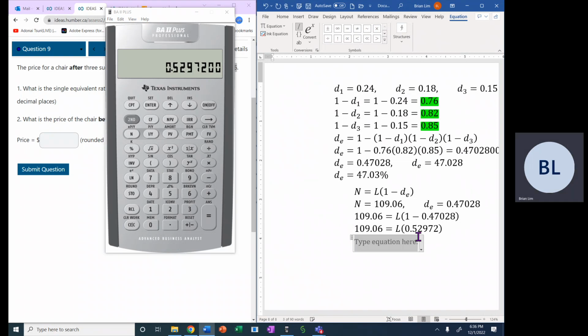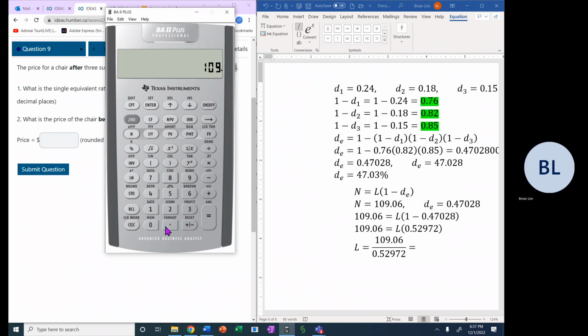Now we can calculate L, the list price or the price before the discount: 109.06 divided by 0.52972. If we wish, we can just find the reciprocal and multiply by 109.06, and we'll get the answer of